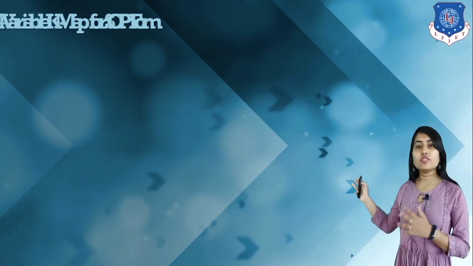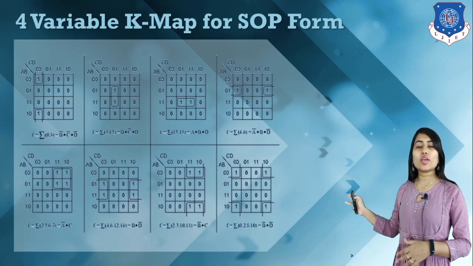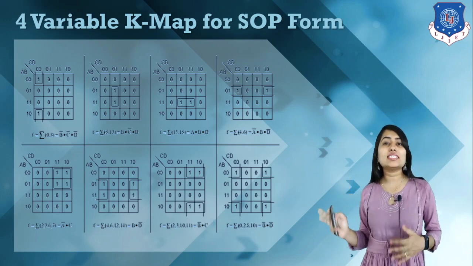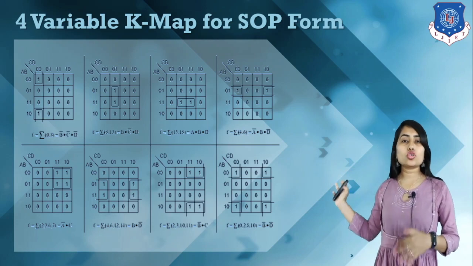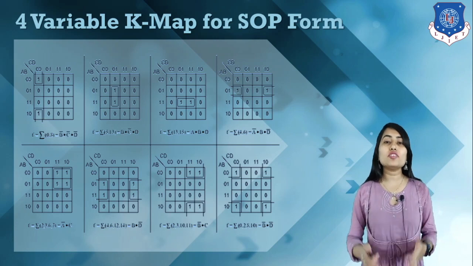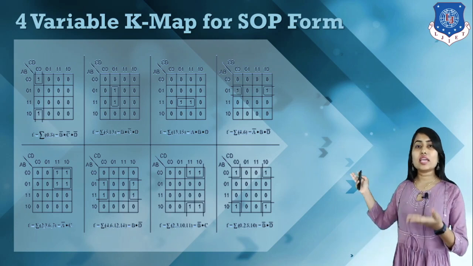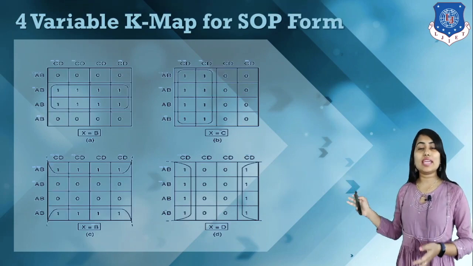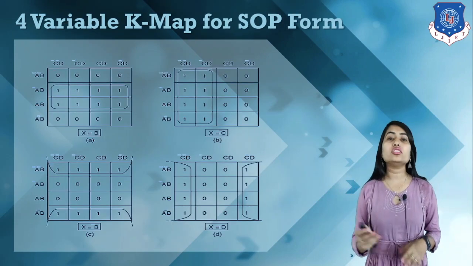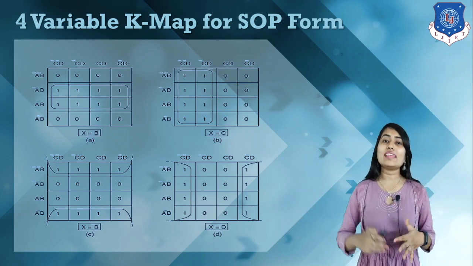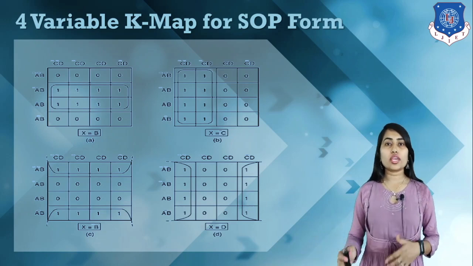Here we have different types of patterns for a 4 variable K map. We can make a group like this, and we can make a group of 2 like this, or make a group of 4 like this also. So we have different types of patterns, and different types of logical functions depending on that pattern. Here we can make a group of 2 like this, or a group of 4 like this also, and here is one example where we can make a group of 8 like this also. Depending on the requirement of our logical function, we can make a group and then write the group functions, and then make a sum.